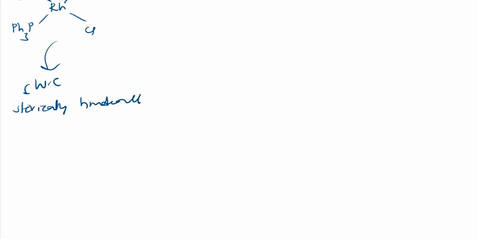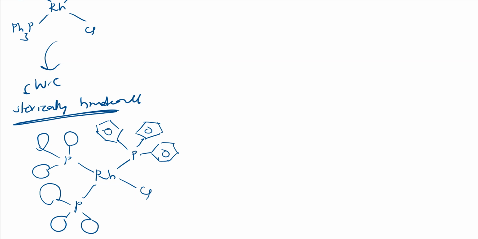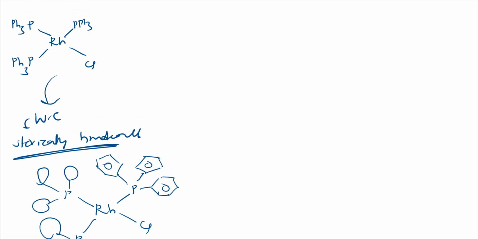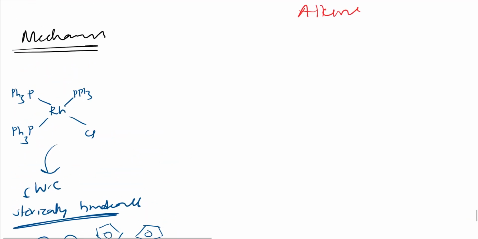If I want to draw here, Rh is there, phosphorus, like this. If I draw a benzene ring everywhere, PPh3, and here chlorine. Similarly here phosphorus with 3 benzene rings, like this. So see here how it is sterically hindered, right? It is very sterically hindered, because of which there will be a change in reactivity. That thing also I will explain. I hope you concentrate on this. So let us see the mechanism now.